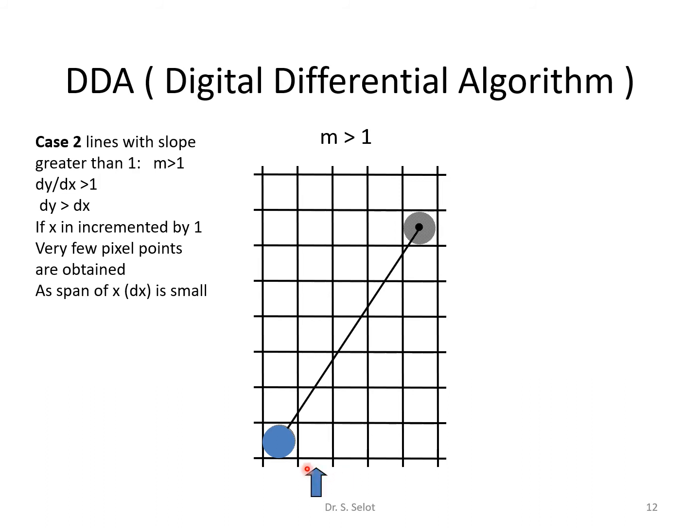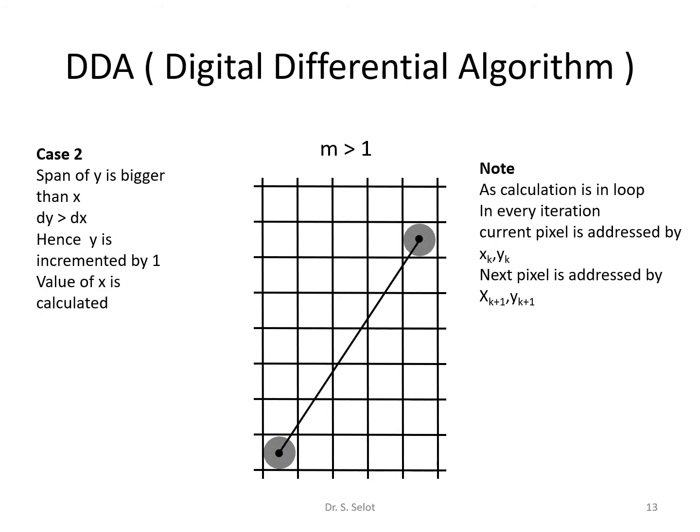If we increment the x by 1 and perform the calculation on y, you see the rasterization or scan conversion will yield these pixel positions, which are very few in number. Between the given 2 points in this particular example, only 3 pixels were identified if we moved along x equals x plus 1, if we incremented x and performed calculation on y, which is a very poor representation of a line. The same example is shown for how the pixel positions are calculated if we increment the value of y by 1 and perform calculation on x, because we have a greater span of y over here.